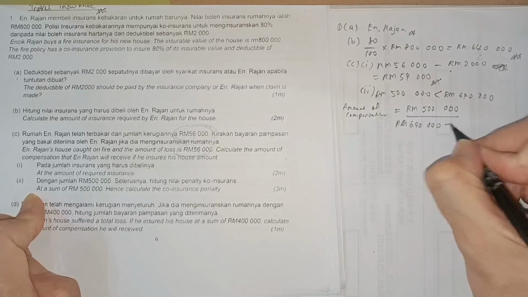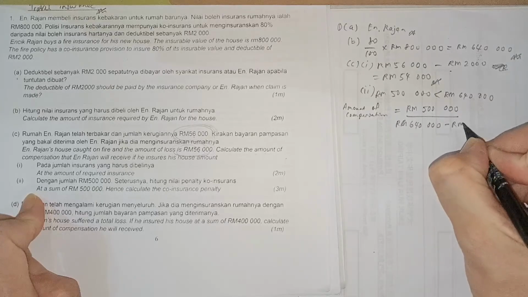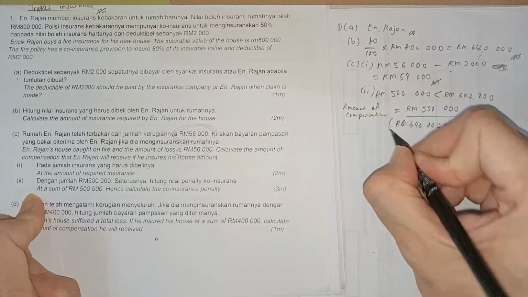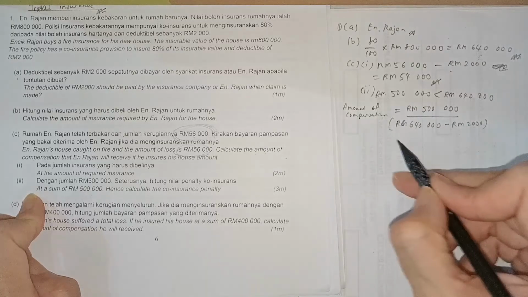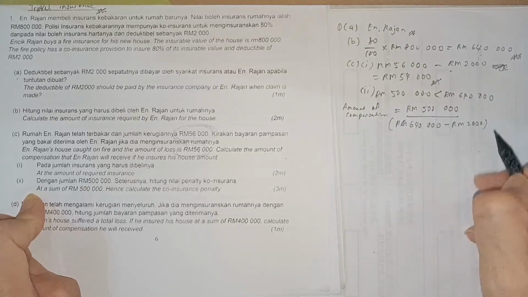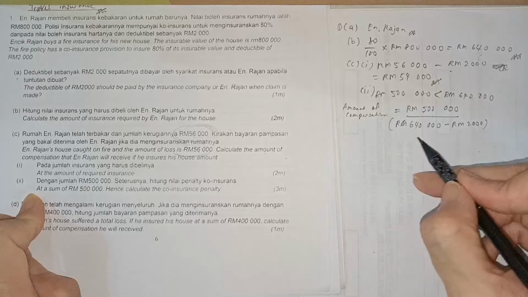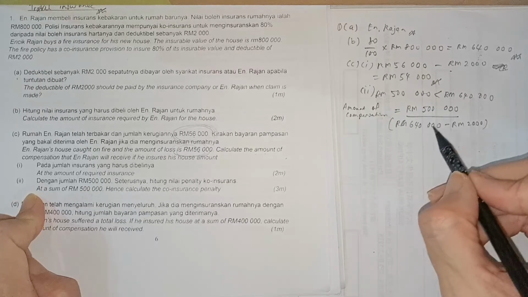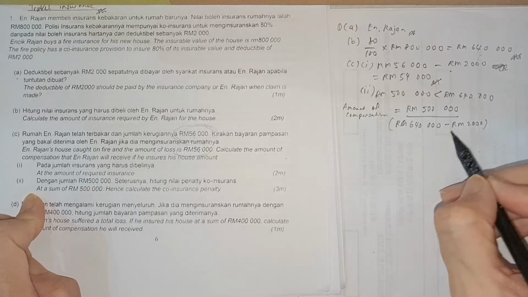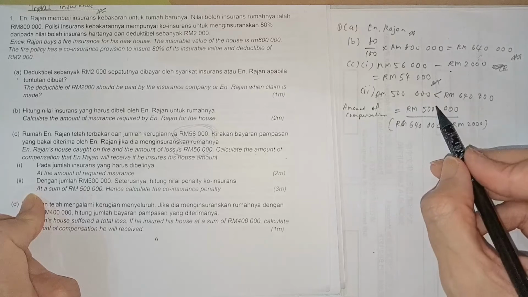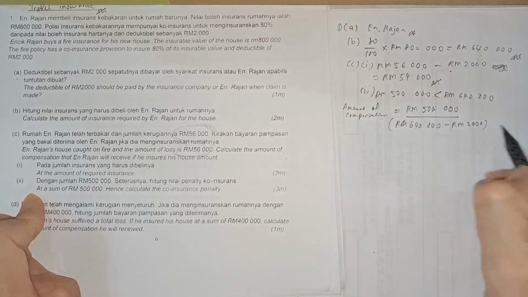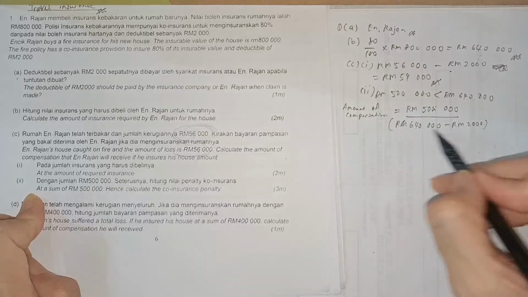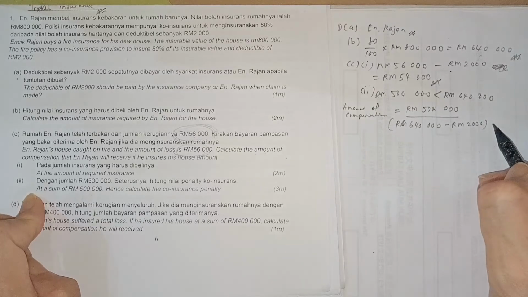But we need to minus the deductible of 2,000. So the 500,000 he only wants to insure, over the total amount of what he needs to insure,